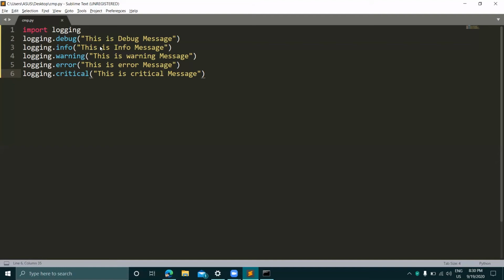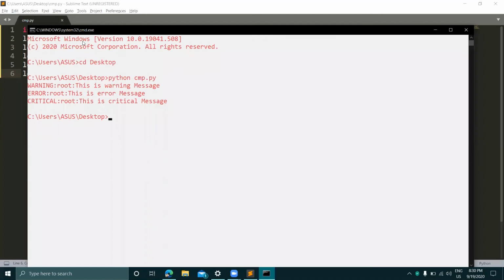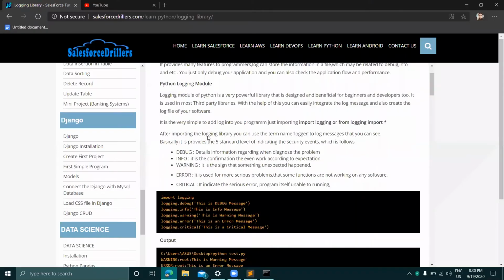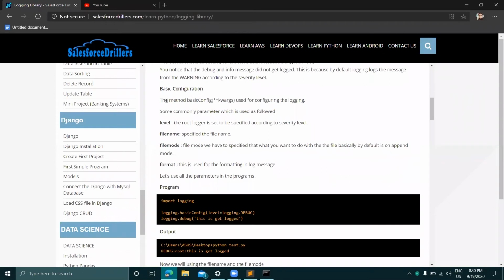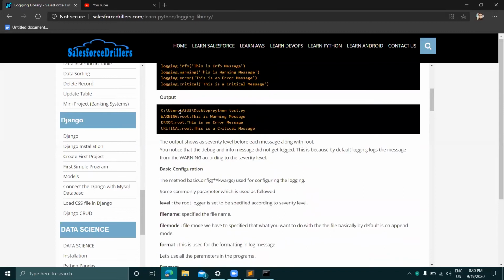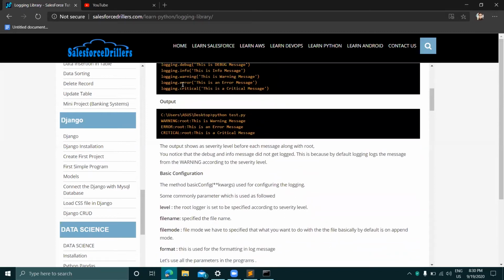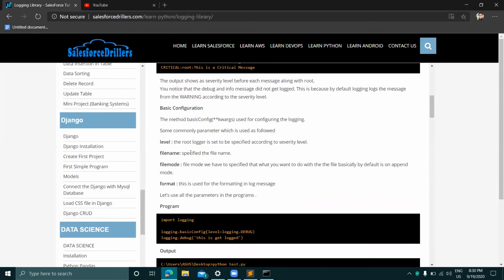So let's see the basic configuration on the website. Basic configuration is the method used for the configuration of the logging. Some commonly used parameters are level. Level is debug, info, warning, error. Filename specifies the file name, if you want to create a log file.